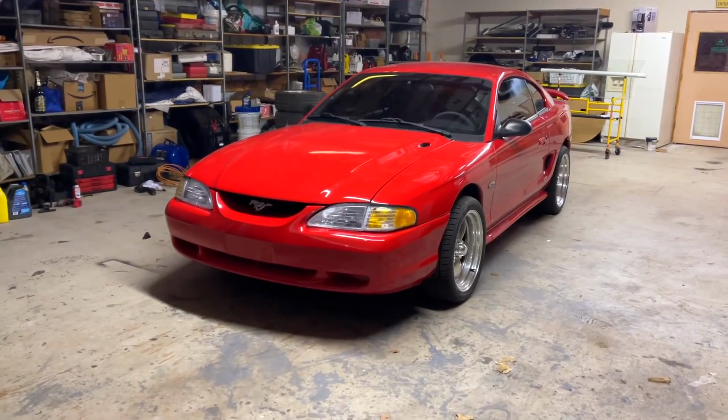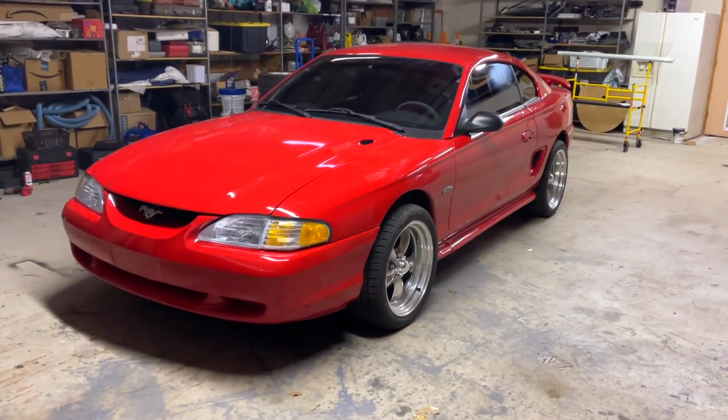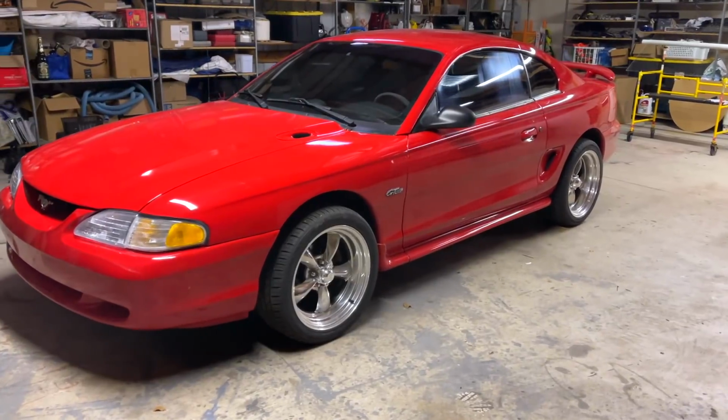But first, we got the windows tinted on the Mustang GT, the Corvette, and I have been driving the BMW Z4 for several days now. I've put over 200 miles on it. I got to show you this car. I love it. But before we get into SwampVette, can we just take a moment to appreciate this beautiful